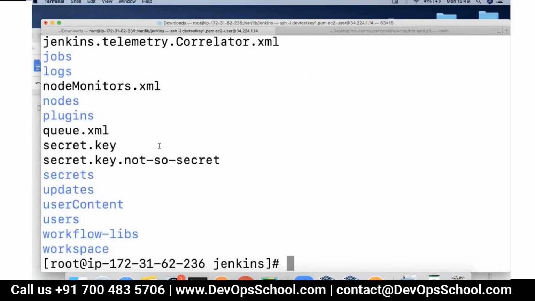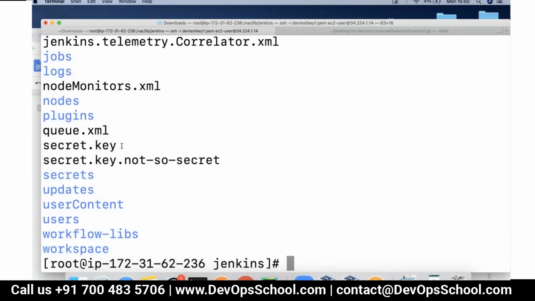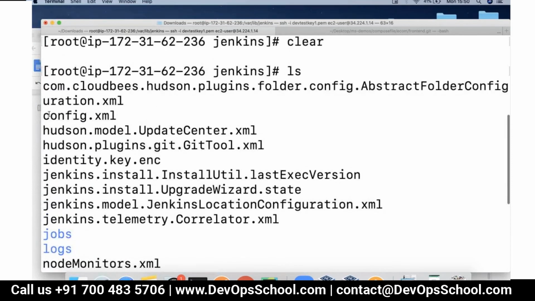Now, a lot of logs are available for each of the builds that happen. If you would like to see the logs, we can go to specific jobs and take a look, but we'll talk about more advanced things later. Apart from all these things, Jenkins also has a file called config.xml. This is called the Jenkins configuration file. That means the entire Jenkins instance that we are running also has a lot of configuration parameters, some of which we did encounter when we did the setup.